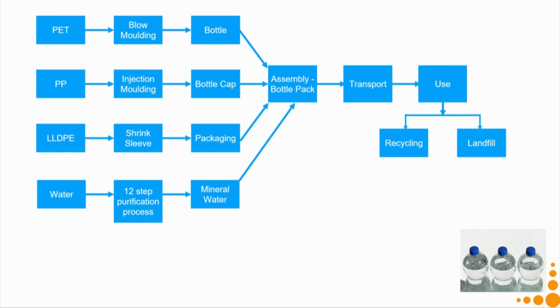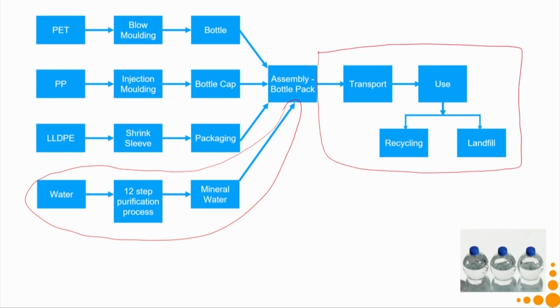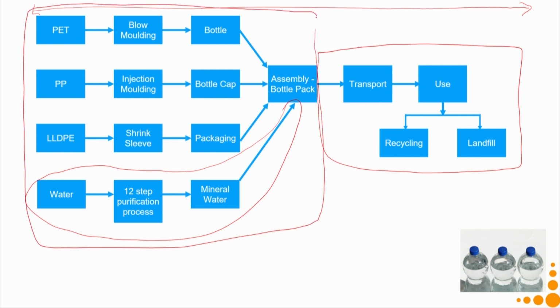Now again coming back to this particular slide, our example of packaged drinking water. I can do an analysis of say just water, that is gate to gate. I can do an analysis of only this phase, that is gate to grave. I can do an analysis of the whole system, which is cradle to grave. I can do an analysis of only up till the product is produced, up till the factory gate, which is cradle to gate. Now, let us say, can we add more components to it?